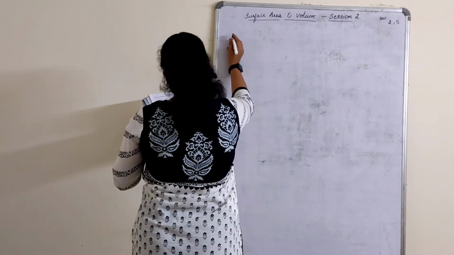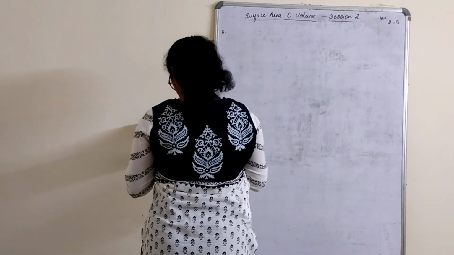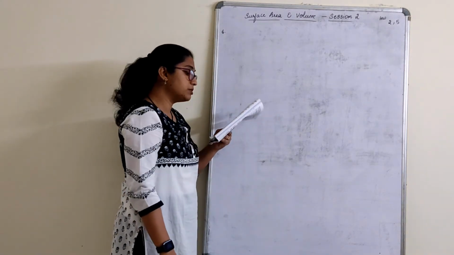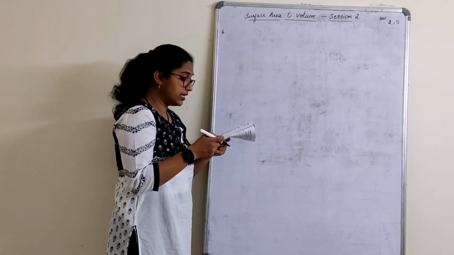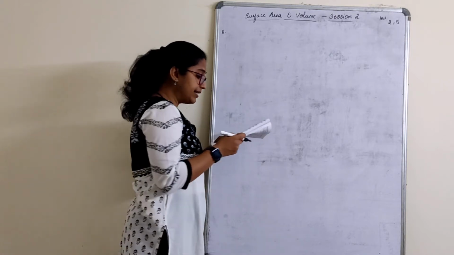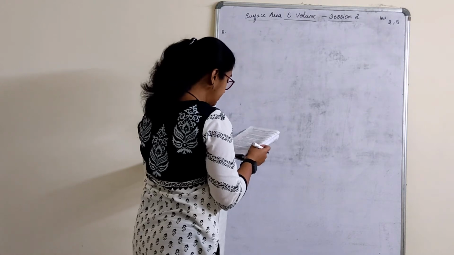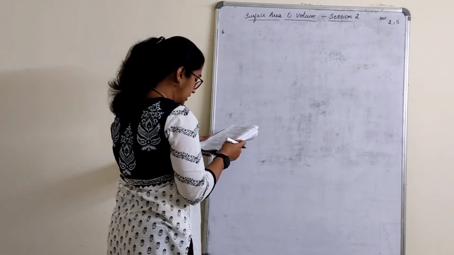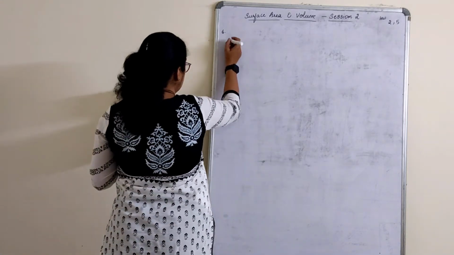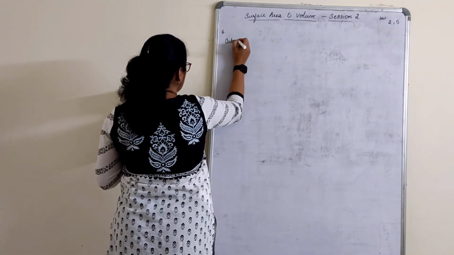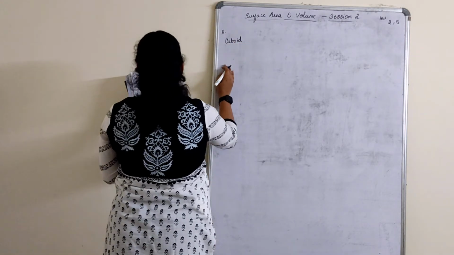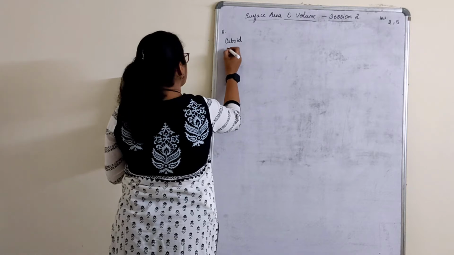Sixth one. A small indoor greenhouse herbarium is made entirely of glass panes including the base, held together with tape. It's 30, 25 and 25 by height. What is the area of the glass needed? So simple, total surface area first we have to find. So the herbarium is in the shape of a cuboid. So what do we do here now? We'll write the dimensions of that.